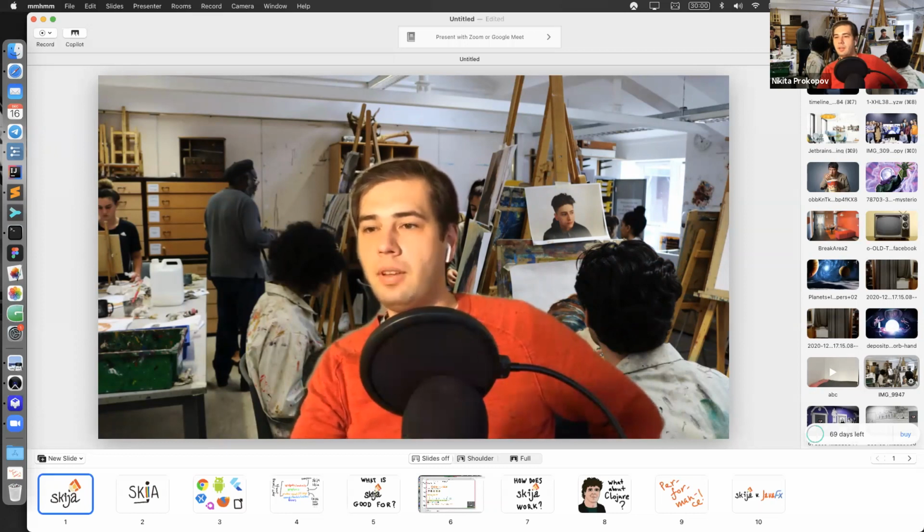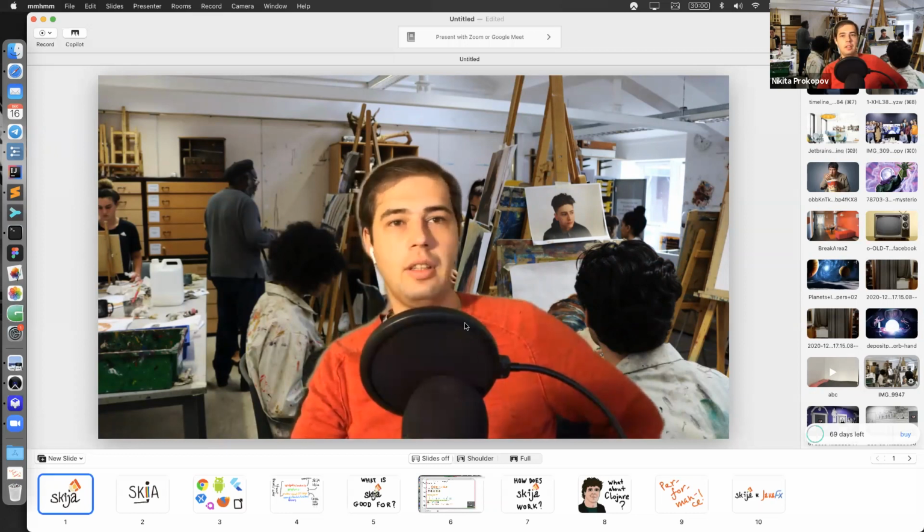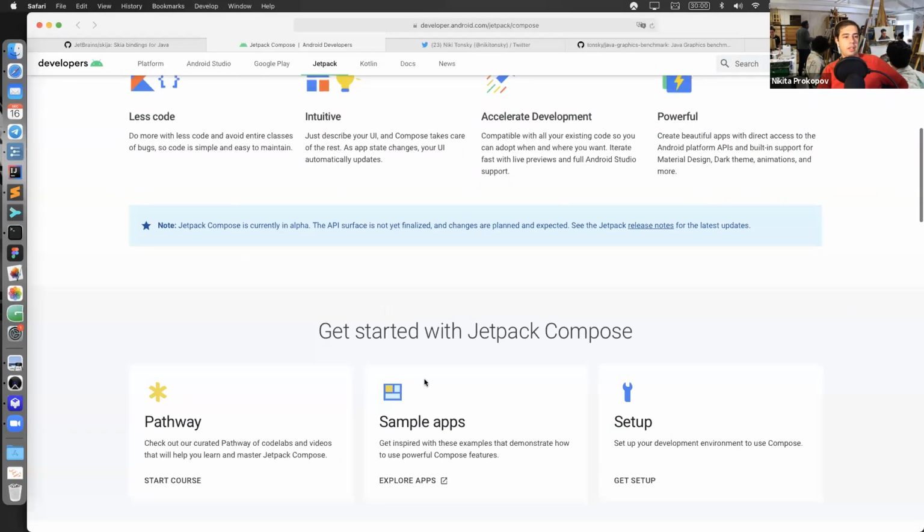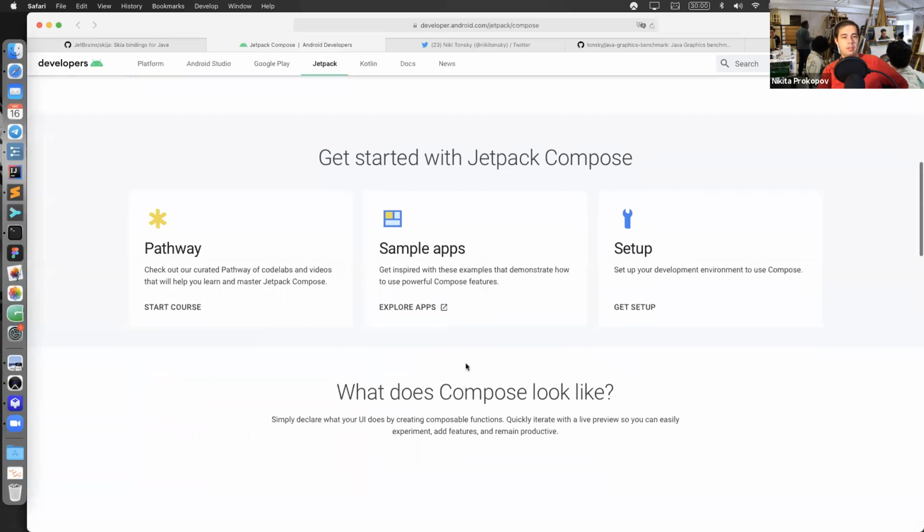Yeah, I think I answered it. I think you should be looking at Jetpack Compose for Android. I think they have some documentation somewhere. It should be, but